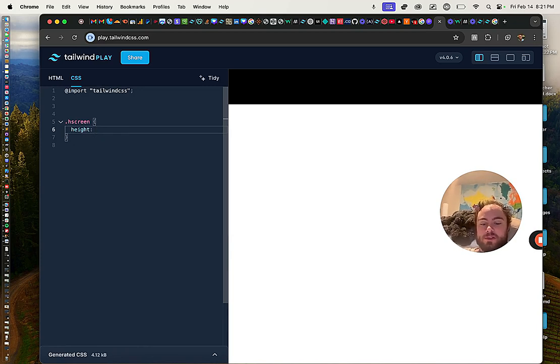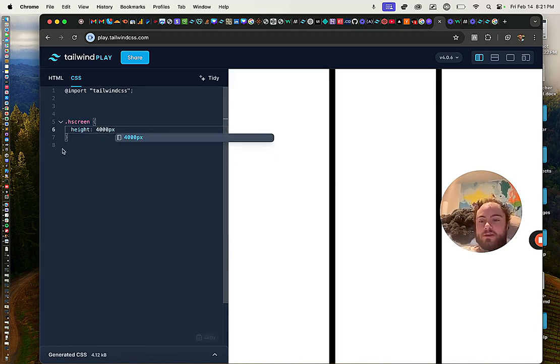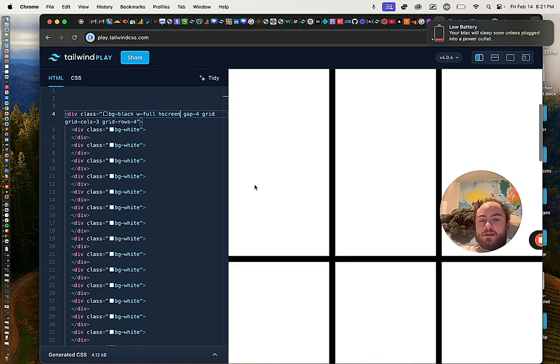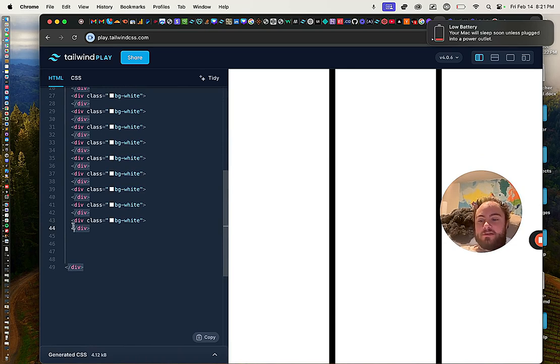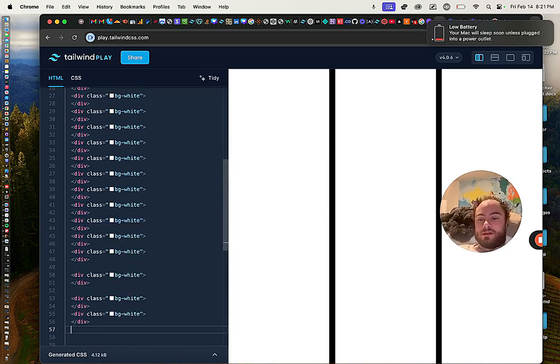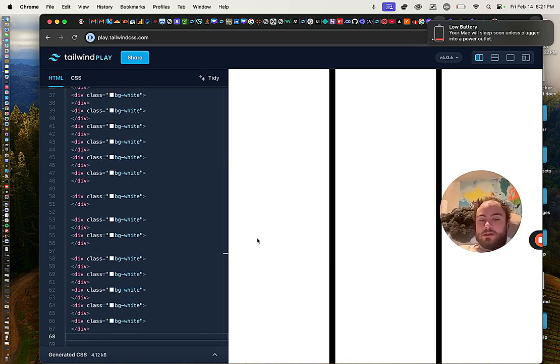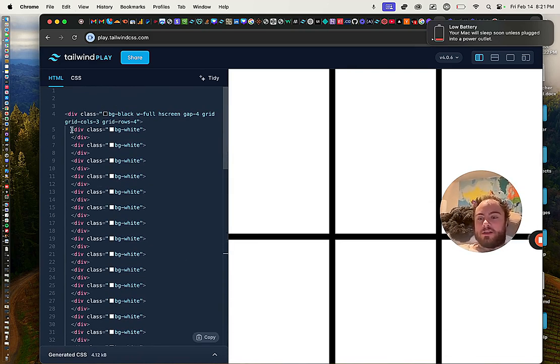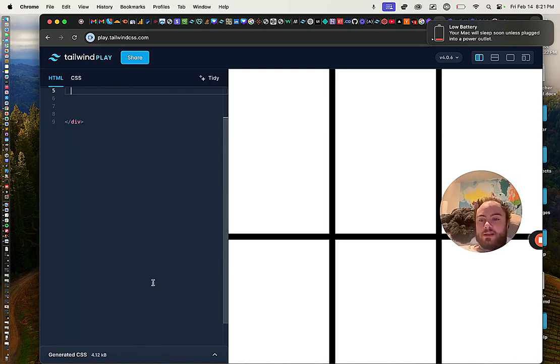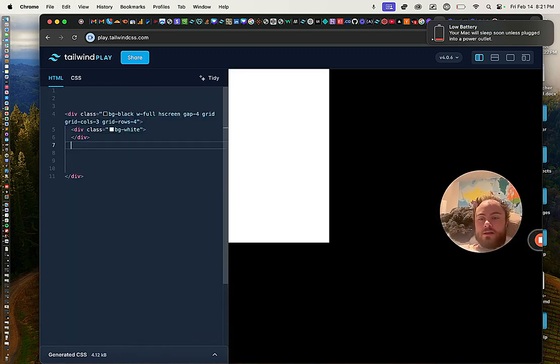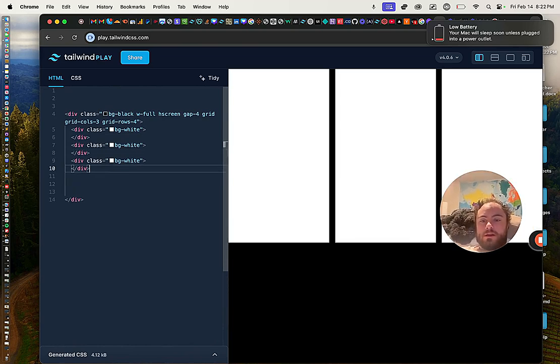Height equals 4,000 pixels, maybe. Yeah, that works really nicely. And we can actually make these divs fit in there. So why is it just doing that? That's so odd. Let's get rid of that. Okay, that's great. Let's see if we make that